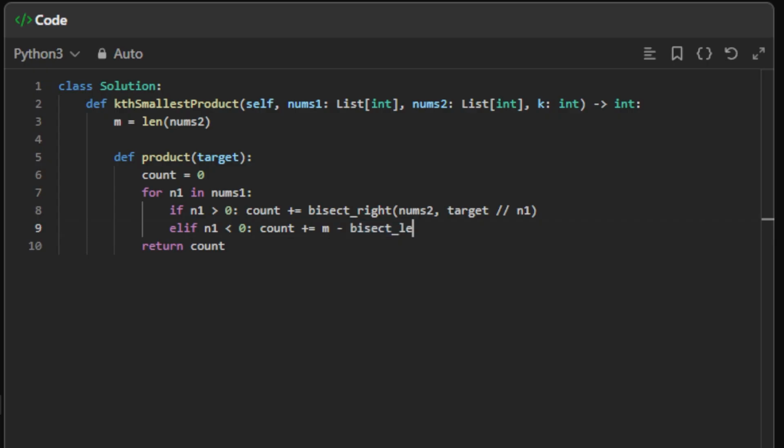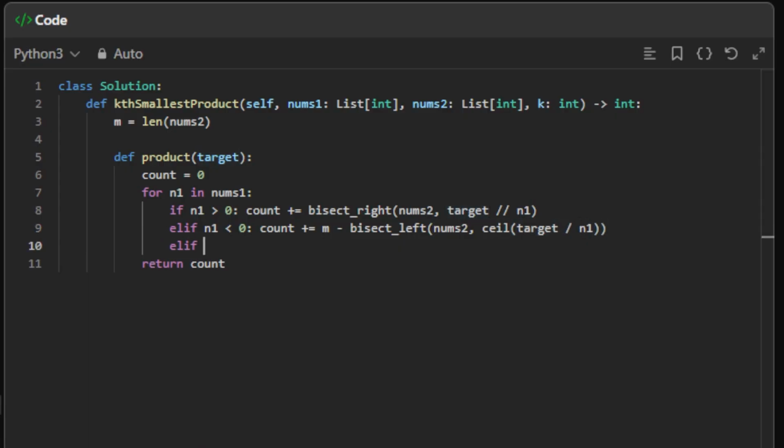So bisect left, and this binary search is also on nums2, and target divided by n1. Remember, here we round down this value, but here we need to round up the value. So here we use ceil,